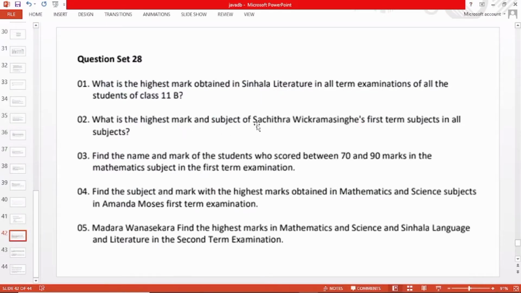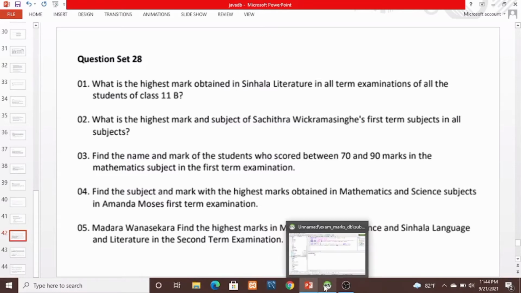What is the highest mark of Samudra Vikram Singha's first term, that means all subjects, in all subjects. Okay, so the condition is this: the first name of the student should be equal to Samudra and the last name should be equal to Vikram Singha, and the term name is first term. No issue with the subjects because it is regarding all the subjects. Then we have to find out the highest mark. Okay, let's develop the query